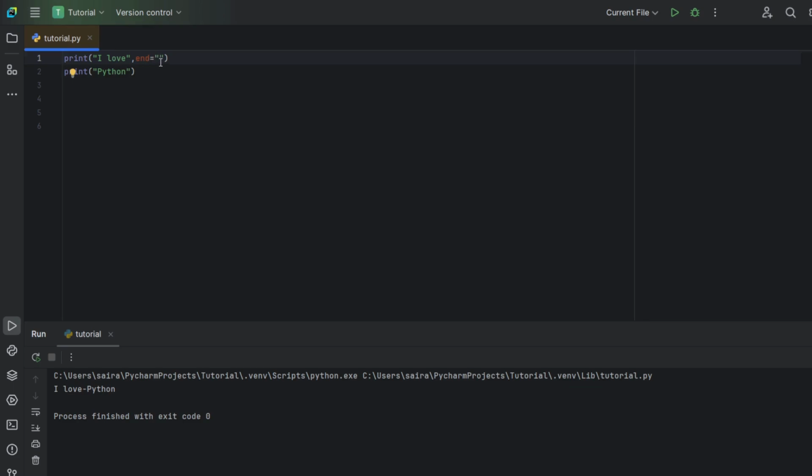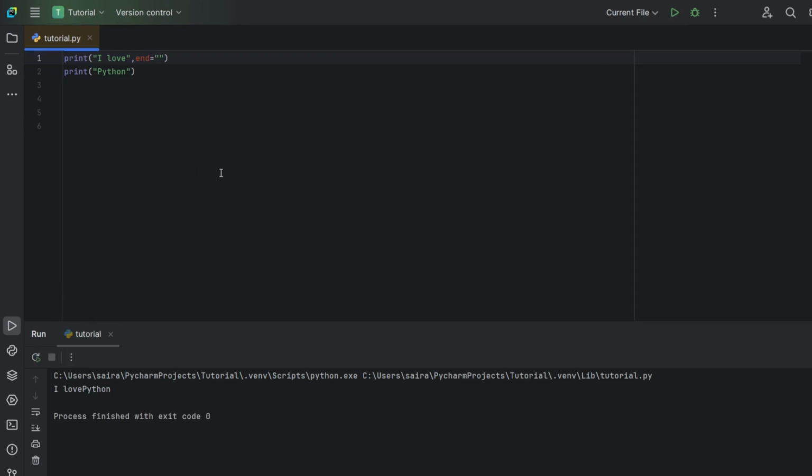So, in order to use the end keyword, it is necessary to know some rules. A keyword always consists of three elements. A keyword which identifies the argument, which is end over here, an equal sign, and the value assigned to that argument. Also remember, all keyword arguments have to be put after the last positional argument, which is I love in our case. In our example, we made the use of the end keyword and set it to a string containing one space and a minus symbol. As you can see, the end keyword determines the characters the print function sends to the output once it reaches the end of its positional arguments.